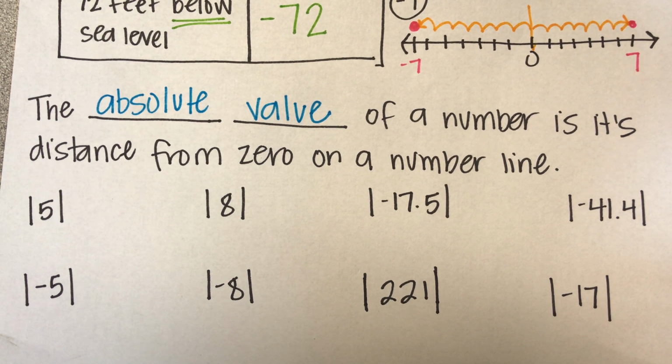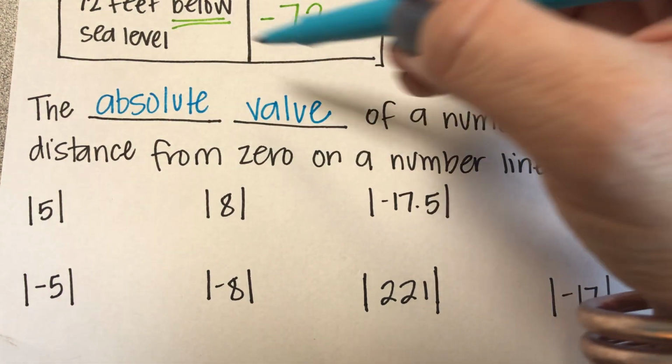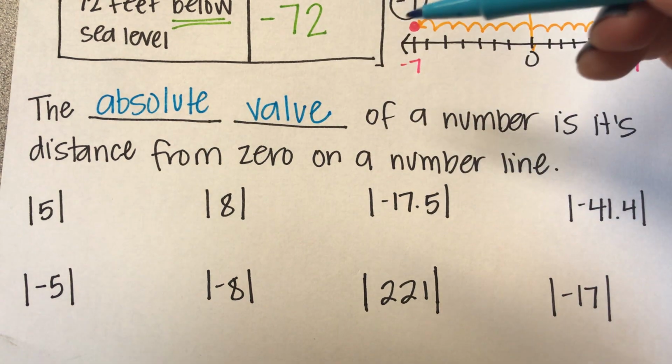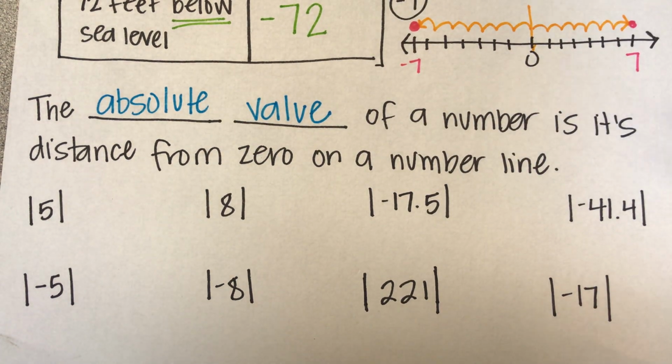What if I said walk 5 to the left? And you walked 5 to the left. Okay, did I say left both times? So, okay, if you go 5 miles east, and then your friend goes 5 miles west. Did one of you travel negative? No, distance is always positive. So when we're talking about absolute value, it's always going to be a positive number because you can't have a